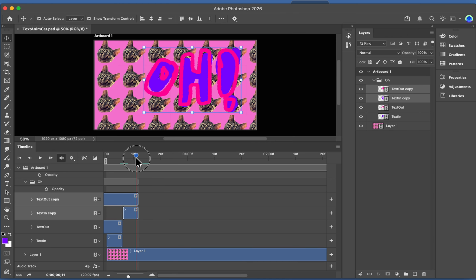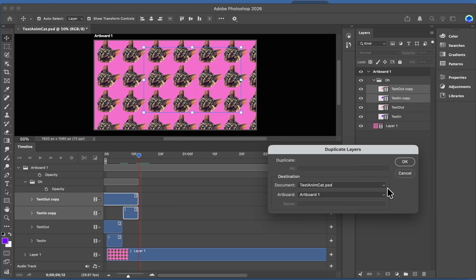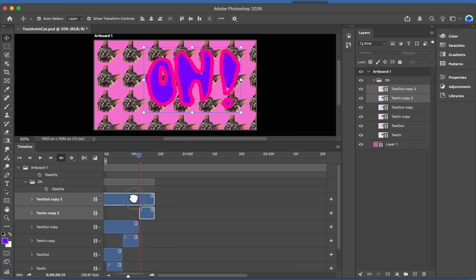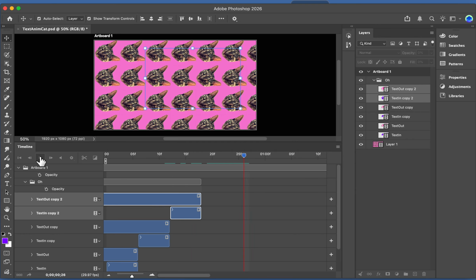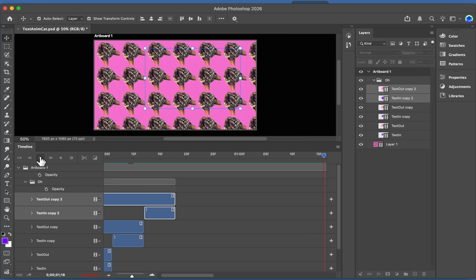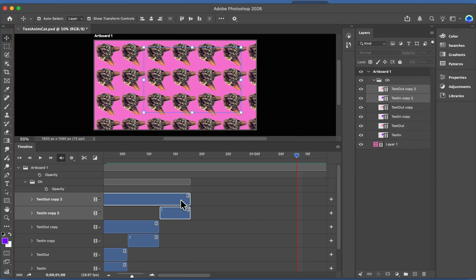Let's move again to the end, move one frame forward to where the O is gone. Let's make another copy of this, duplicate layers. Maybe we'll just stop with 2 copies. Let's move it so the beginning, I can zoom in on it, is right where the other one ends. Okay, so if we play, we can see that the cat goes on for way too long here. If you want, you could make it that long, but we don't need to. Maybe we'll do one more.